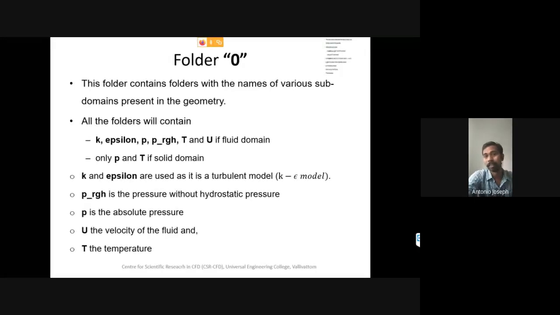So the things are getting more complicated, and there are a lot of chances that we may go wrong. So please be careful while doing all these things. That's one thing that I want to tell. Now we can move on to the next one, that is the constant directory.